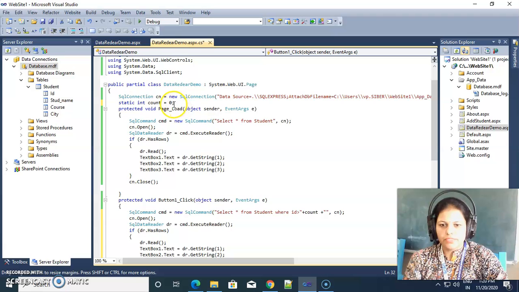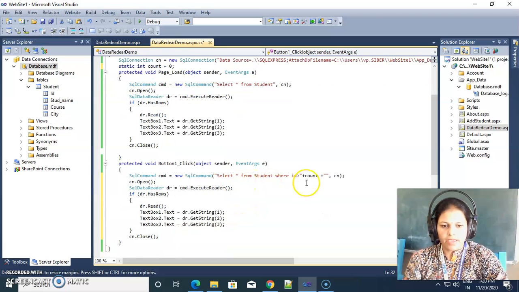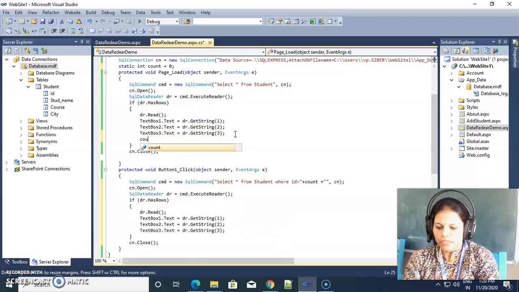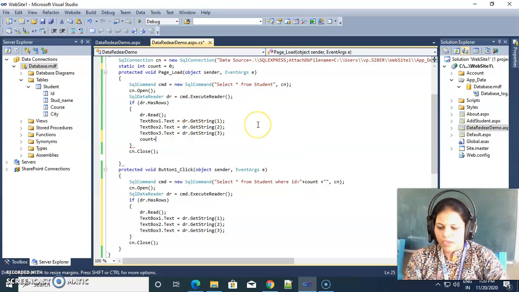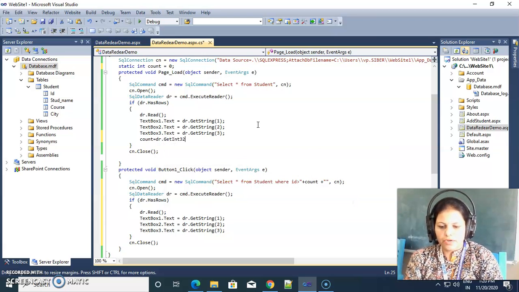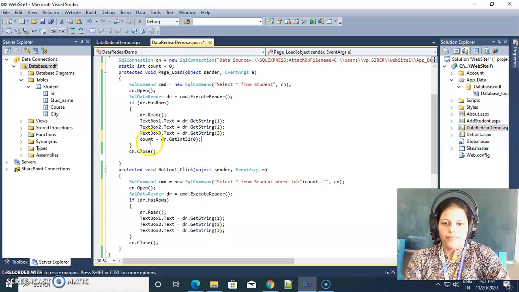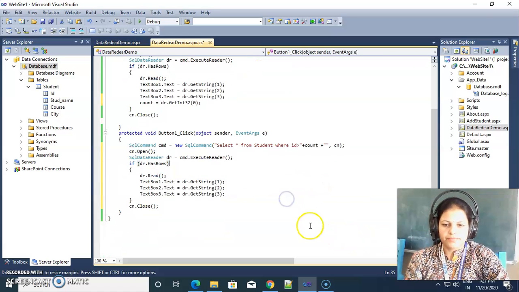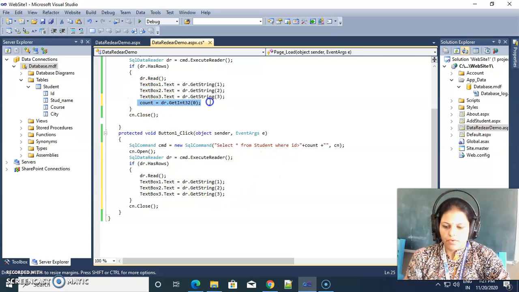First time the count's value is 0, then the second time we are fetching the record where id is greater than count, and here I am storing the count value as dr.GetInt32. The id I am storing inside this count variable. Now this count I am using here. Next record we are adding